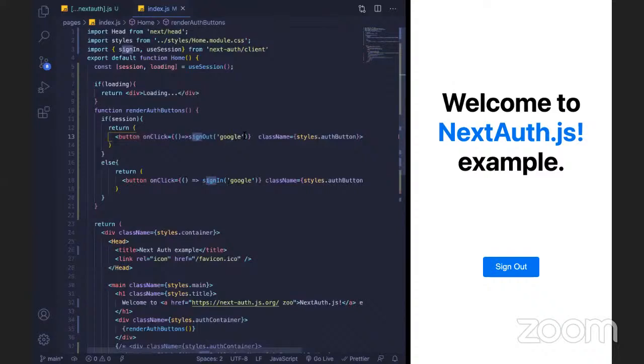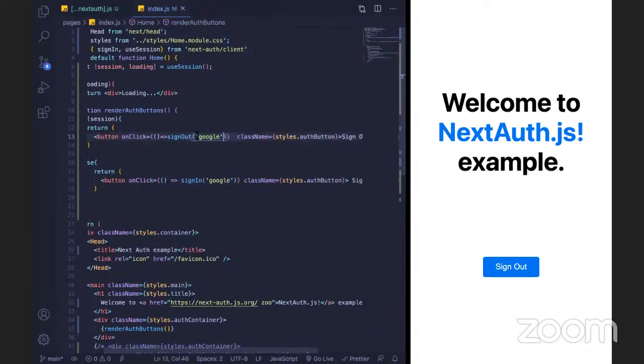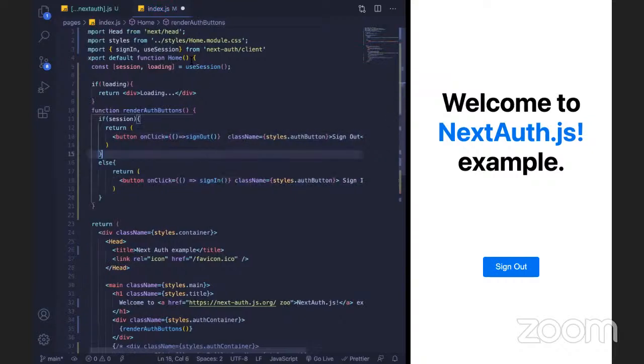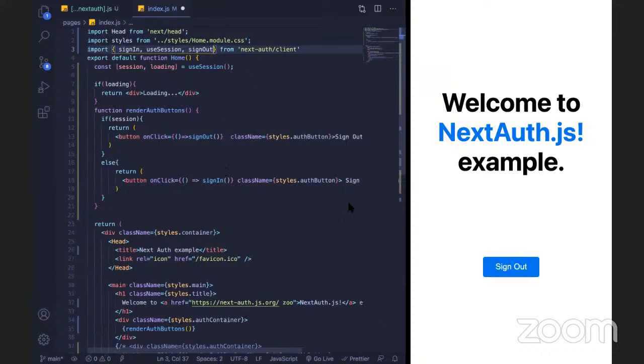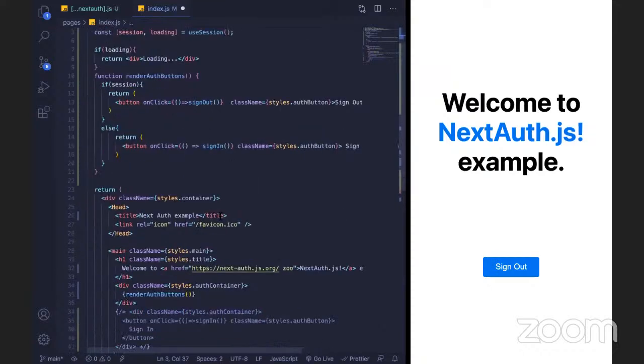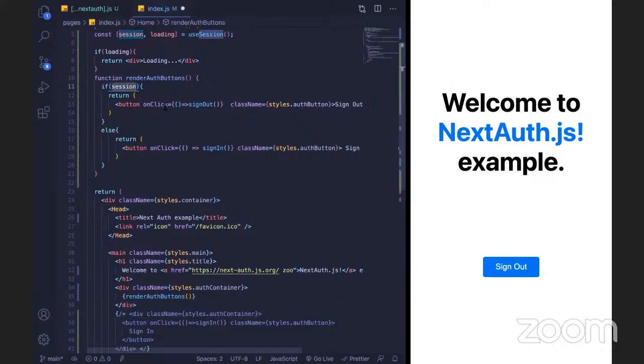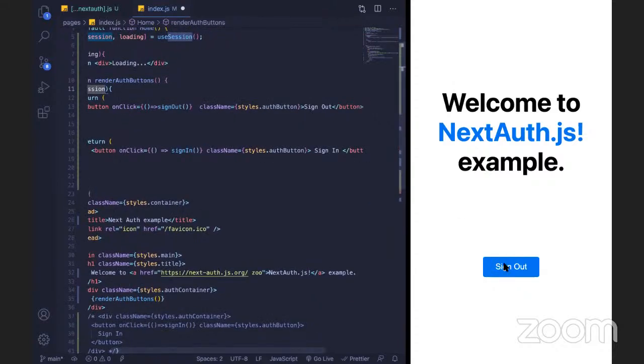So I'll just remove this. For sign out, I'll import signOut. As we saw, we are already logged in, the session is present, so it rendered a sign out button. If I click on sign out,